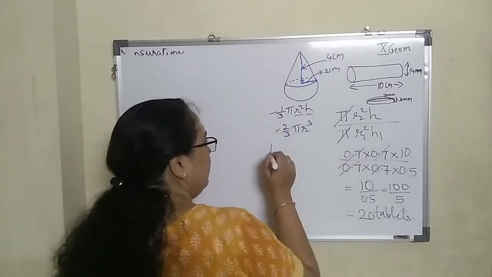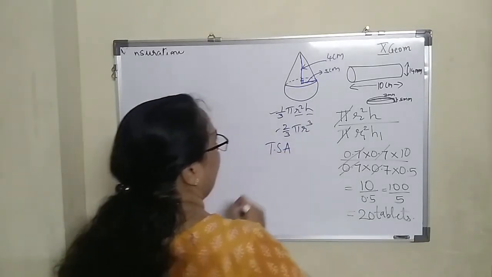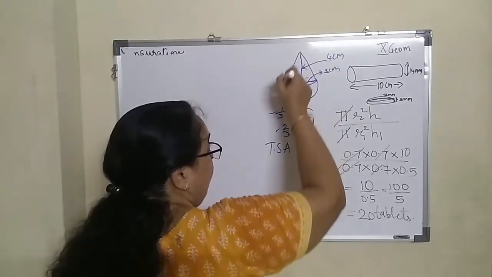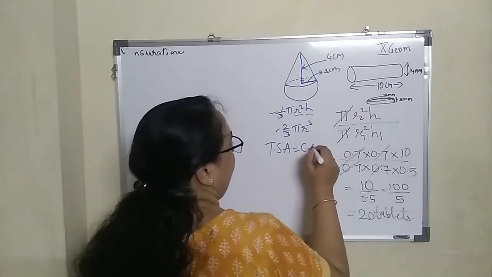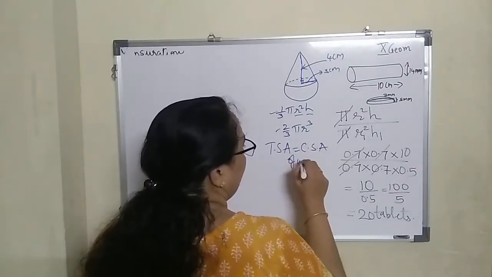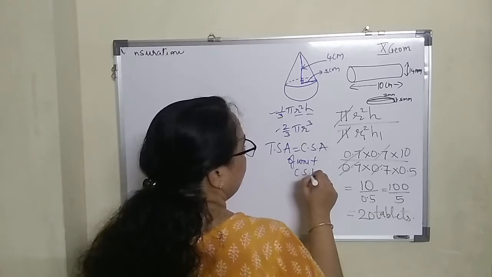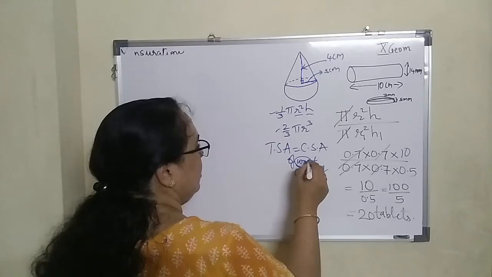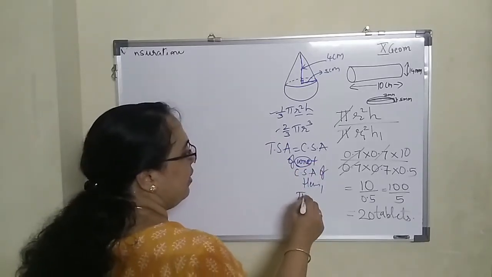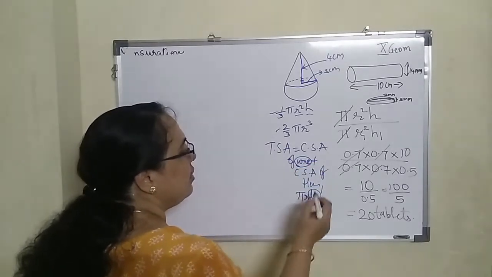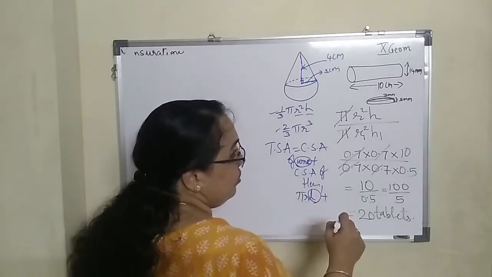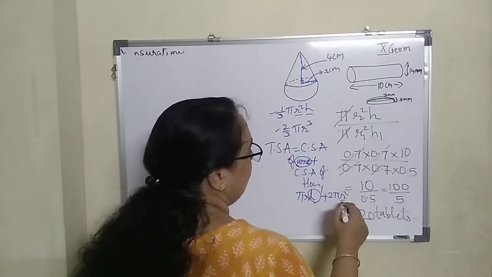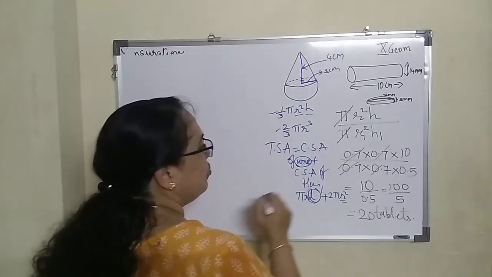So that means it is the total surface area of the toy. If I have to find total surface area of the toy, if this whole thing is an entire one toy, I have to find curved surface area of cone plus curved surface area of hemisphere. So for cone, what do we need? What is the formula? Pi r L. So L is not given. And what is curved surface area of hemisphere? It is 2 pi r square. Do we know r? Yes. So L is unknown again.